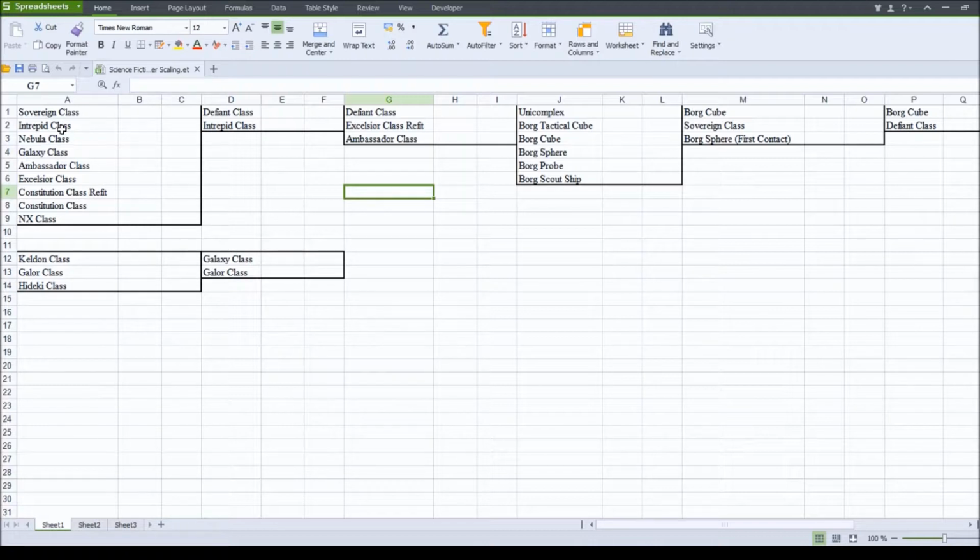So, for example, in column A, I don't think anything really has changed. I've decided to box these up, of course, in order to separate the different scales, because I'm going to put scales all over the place, and I don't want them to be misconstrued as saying that the NX class is more powerful than the Kelvin class, which it is in no way whatsoever. Or at least it shouldn't be. Anyway,